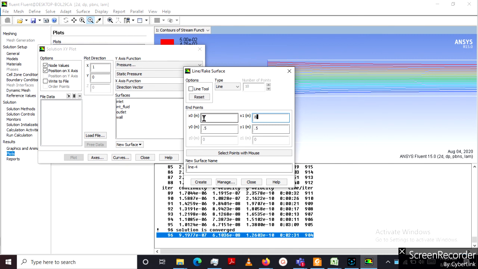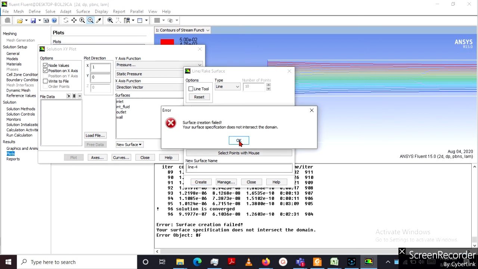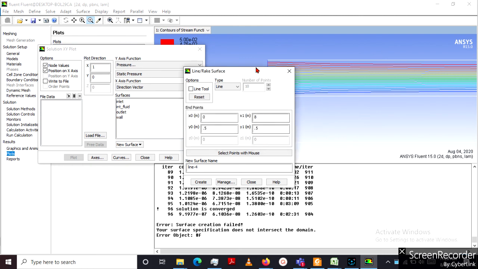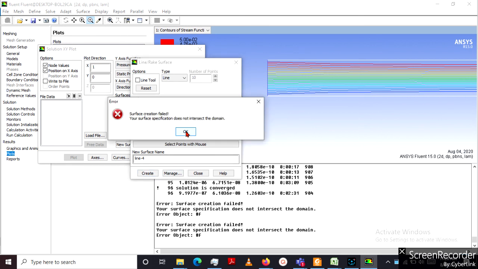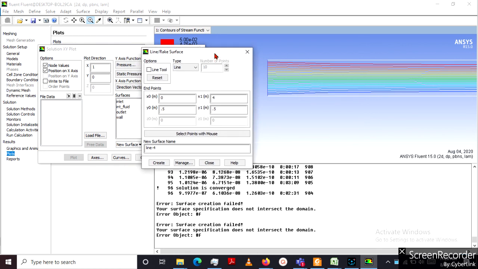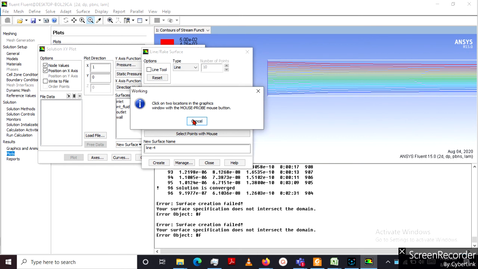So from one point at the left end, which is in the middle, to one point at the right, we will create a line. So there is some problem. Select with mouse.